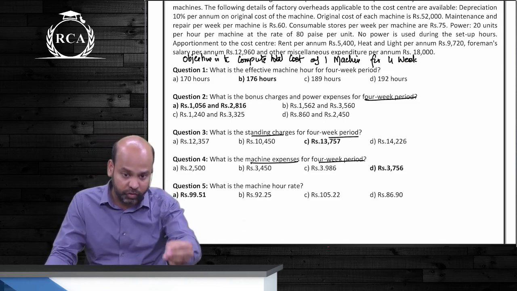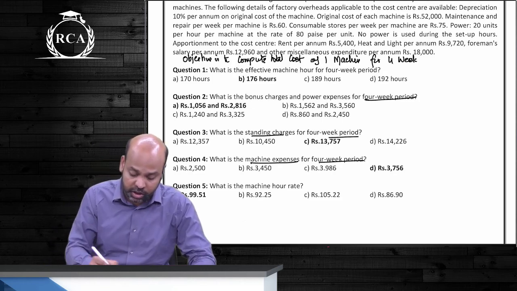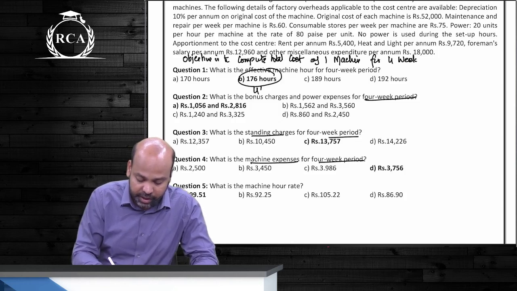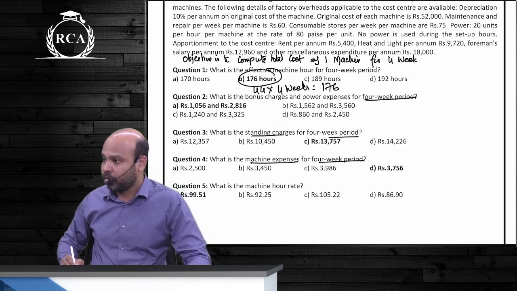You already have the solution in your notebook. I was just here to tell you this. Did you understand or not? Productive machine hours are only 176. How did they get that? 44 hours into 4 weeks, 176. Because setup time is